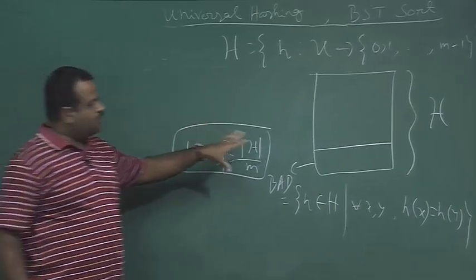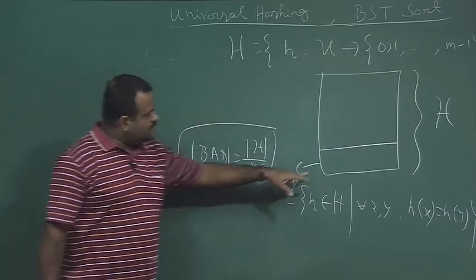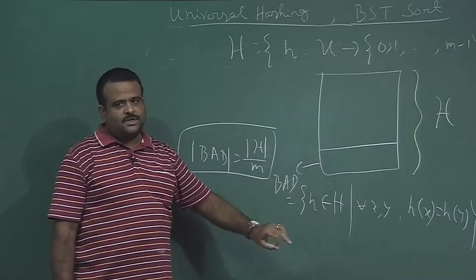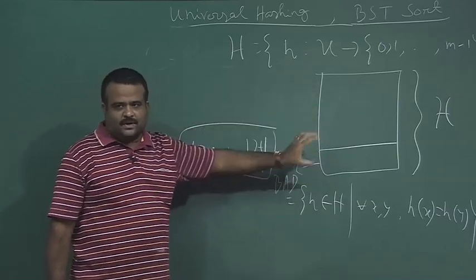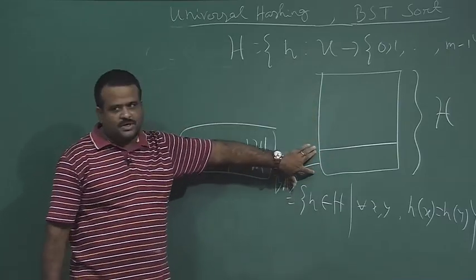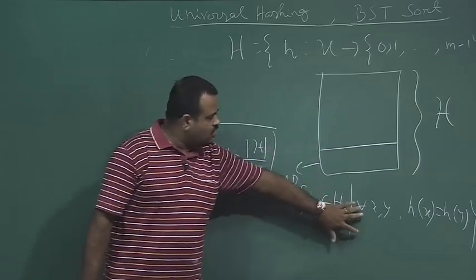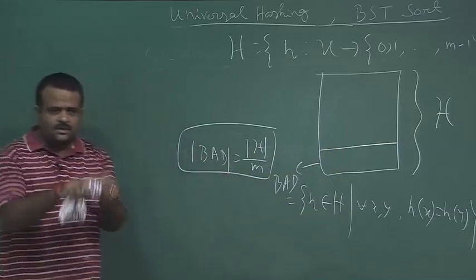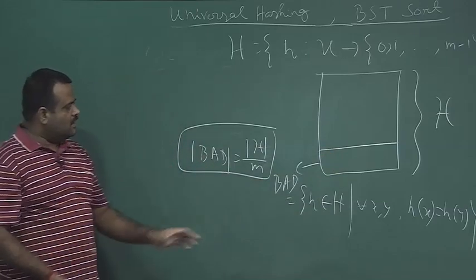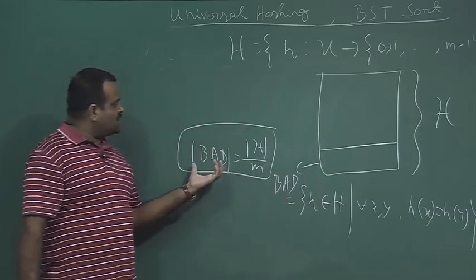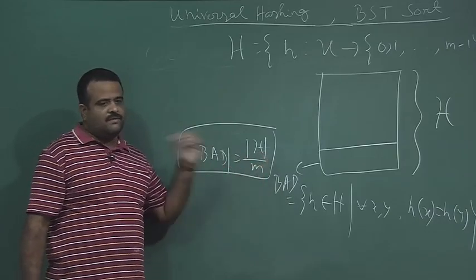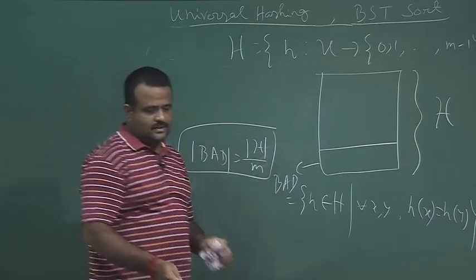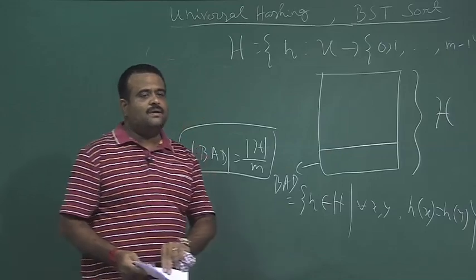We can prove that, but is this clear? So this is the bad portion. Bad portion means, this is the set of all hash functions. Among these, bad portion means if we take any two keys, for those hash functions which are coming from this bad portion, they will be colliding. So if the bad portion size is 1 by m fraction of the total size, then